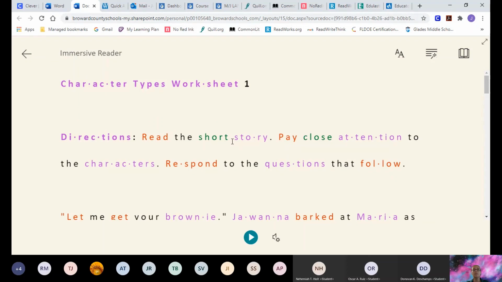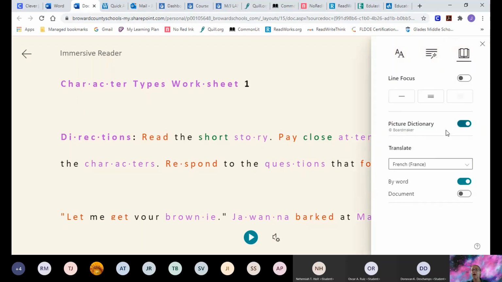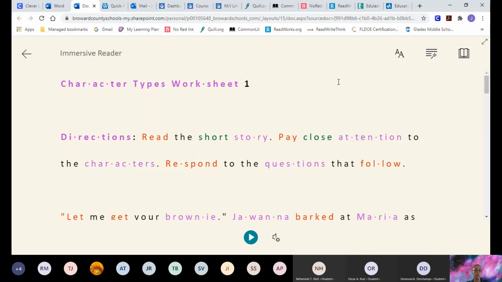You can divide it by syllables. You can divide it by color. You can space it. You can put the color in the back. Remember that you have the option for the picture dictionary. So if you do need this additional help, you are able to find it through Clever. Click on Word, and you can copy paste the document that you have. But let's